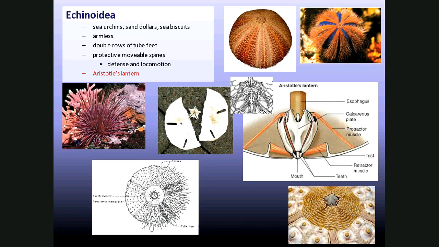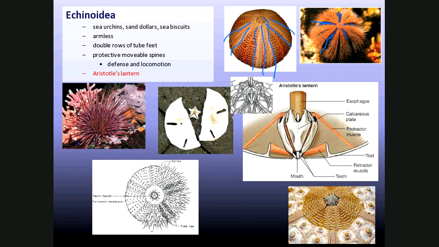The sea urchins or the echinoidea, the sea urchins and the sand dollars and the sea biscuits, they don't have arms. They do have tube feet, which if you look in the test, they have double rows of tube feet. The part here, see that lighter color? Those are where the tube feet stick out through. The other parts are where the spines stick out. So in this one that's really pretty blue colored one, the tube feet would stick out through here, and the rest of these are the spines, the protective spines. And movable, they can move them around.